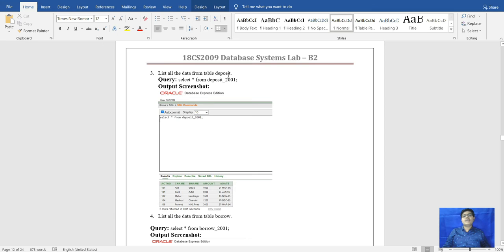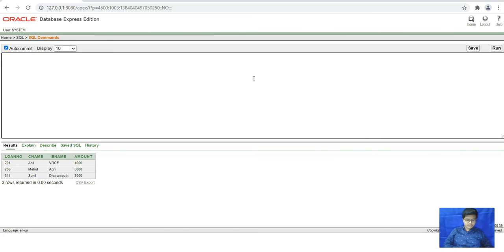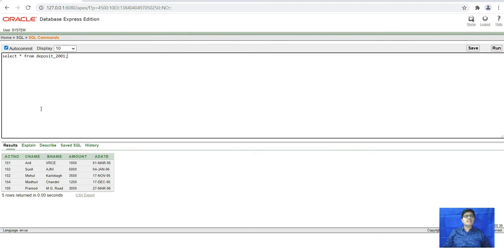That is list all the data from the table deposits. So for listing, the command is select star from deposit. Here we will see the listed all data of deposit.